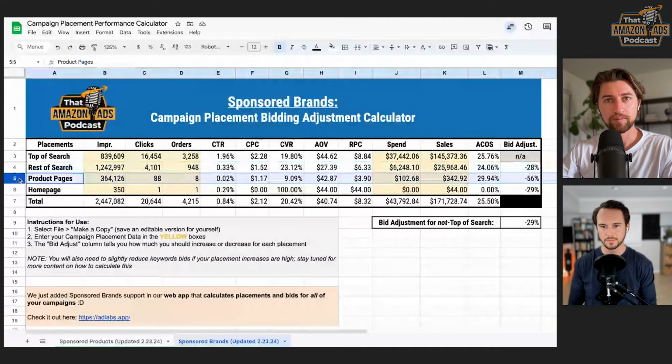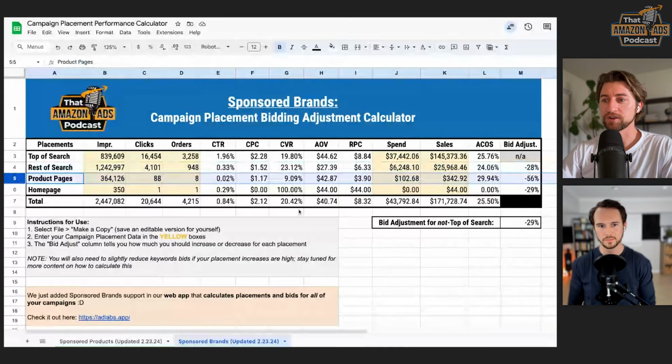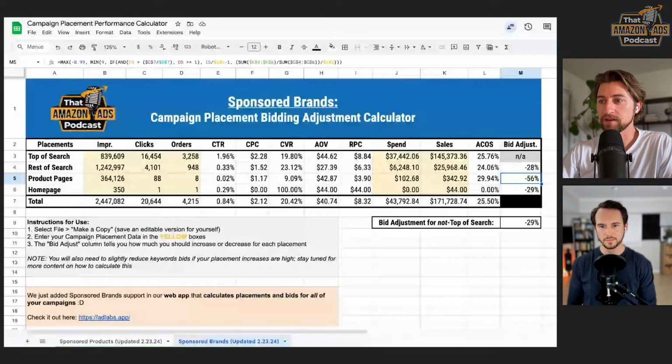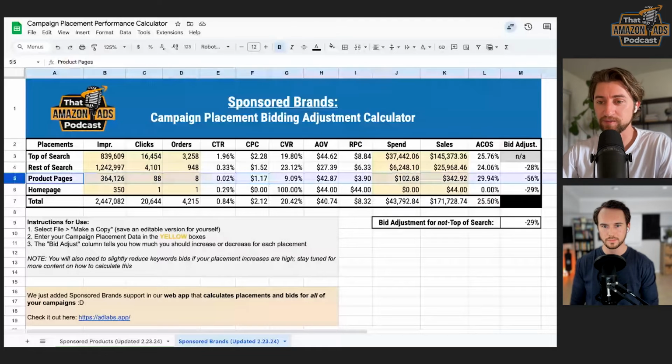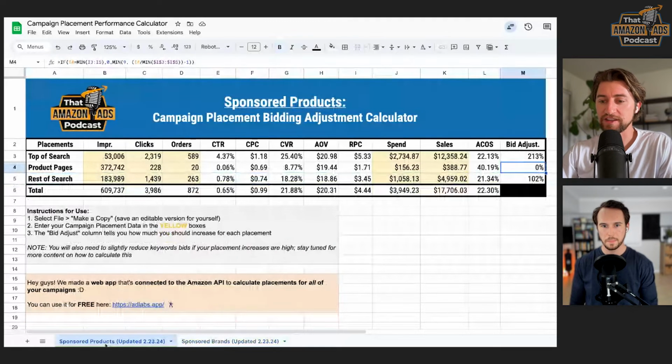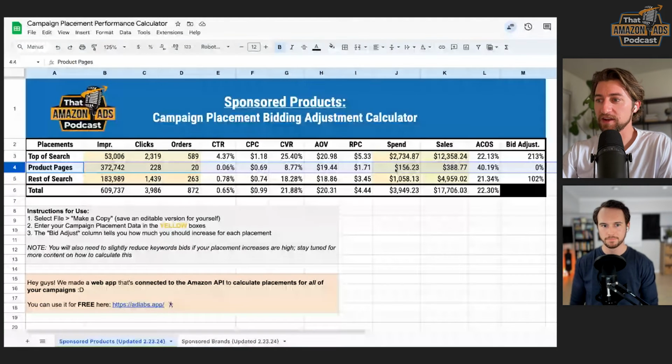For product pages, as is to be expected, even worse conversion rate. And so the bid adjustment here is going to be even steeper. That'll save us some costs. As you can see here, the spend here is already pretty low. And that's because the CPCs are low. That's because we've already been implementing this. So you can actually already start to see the effectiveness of this, because both of these clients, these are 2 different clients, but both of them, you can see how much we've successfully mitigated the spend where the ACoS is much higher on product pages. You can see how successfully we've practically almost paused these placements just as we're trying to decrease the bids for those elements.